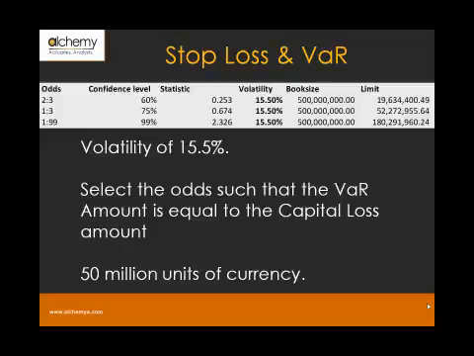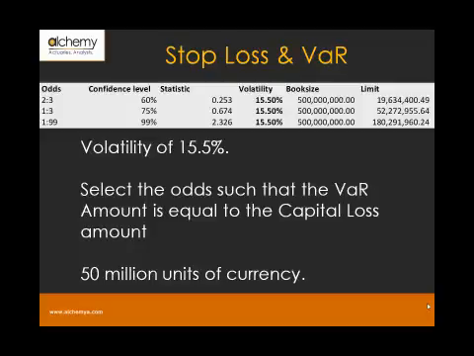I'm saying is, at 60% confidence level, there is a 2:3 chance that I'd lose an amount more than 19 million. At 75% confidence level, there is a 1:3 chance that I'd lose an amount higher than 52 million. At a confidence level of 99%, there is a 1:99 chance that I'd lose an amount higher than 180 million. So I'm not interested in the 60 percentile or the 99 percentile. What I'm really interested in is the 75 percentile because that's where my stop loss limit meets and matches my value at risk limit. So what I want to do is calibrate my stop loss and my VAR